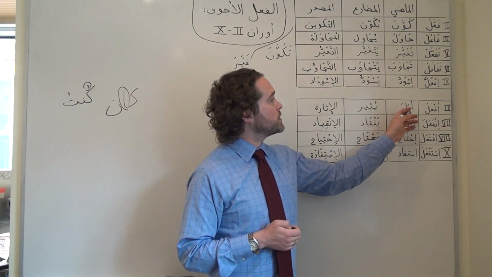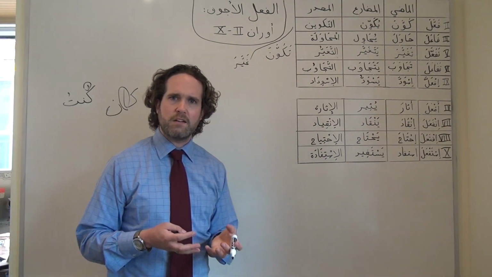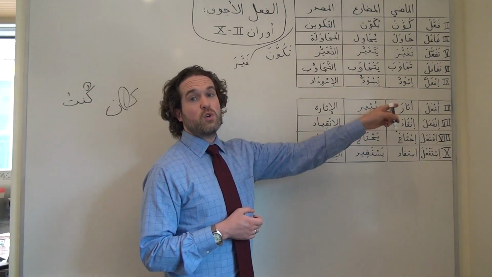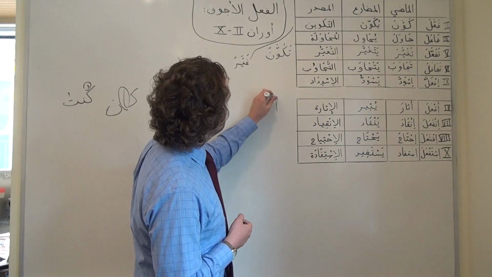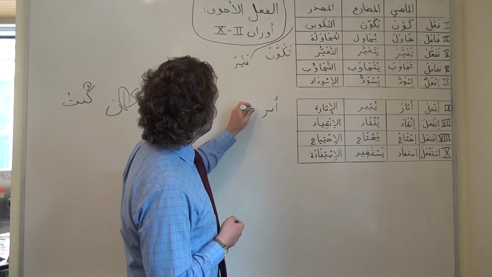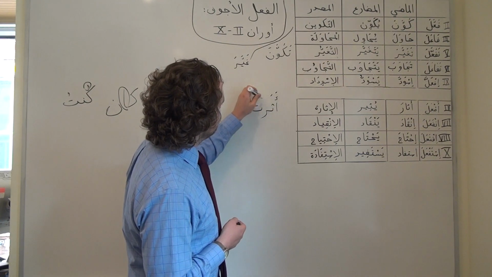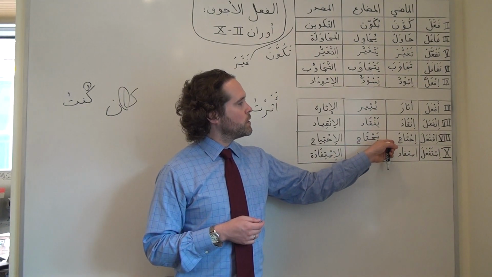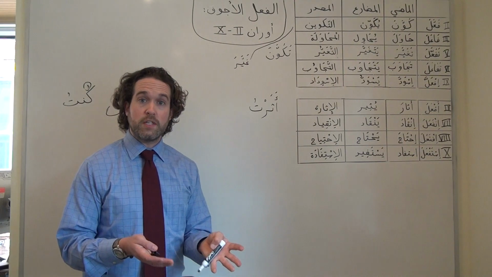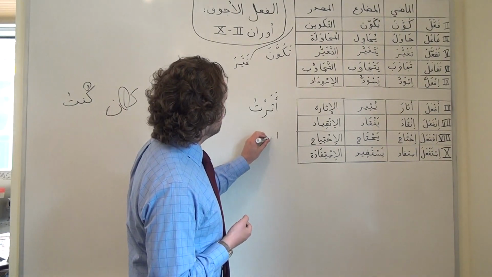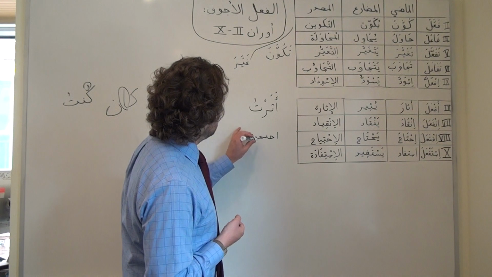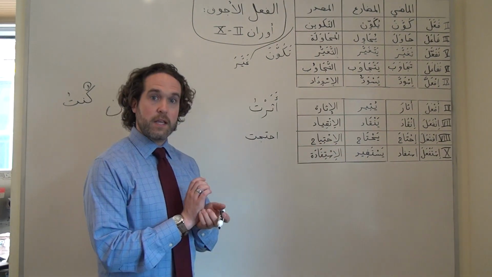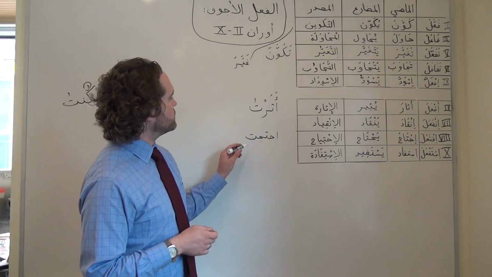So, for example, with this form 4 verb, athara, which can mean kind of to incite or stir up someone or something. Athara is the huwa conjugation, but if I were writing it about ana, I write athartu. Or this form 8 verb, ihtaja, meaning to need something, I would write ihtajtu. So we're dropping that alif, that is the letter of the judr, the middle letter, and this is what we wind up with.